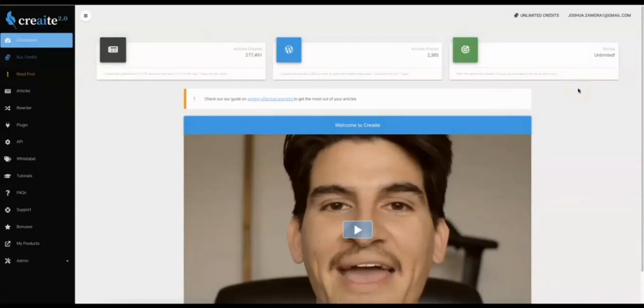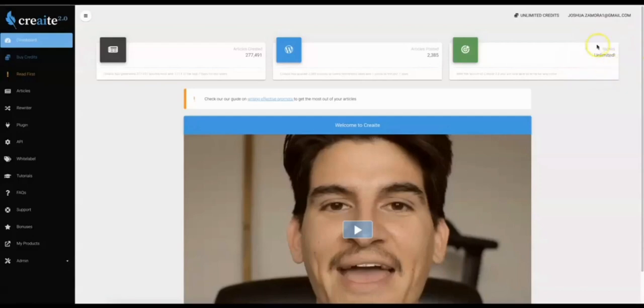Now, one of the biggest updates that we've done in version 2.0 is we've massively improved the AI writing engine that powers Creaite. So we went out there and we secured a much bigger AI model so that it can not only produce better and more accurate content faster than version 1.0, but we also took it to the next level and unlocked unlimited niches. Okay, so there is no longer a niche restriction inside of Creaite because we made the content not only better, but we were able to make it so that it can write content for absolutely any